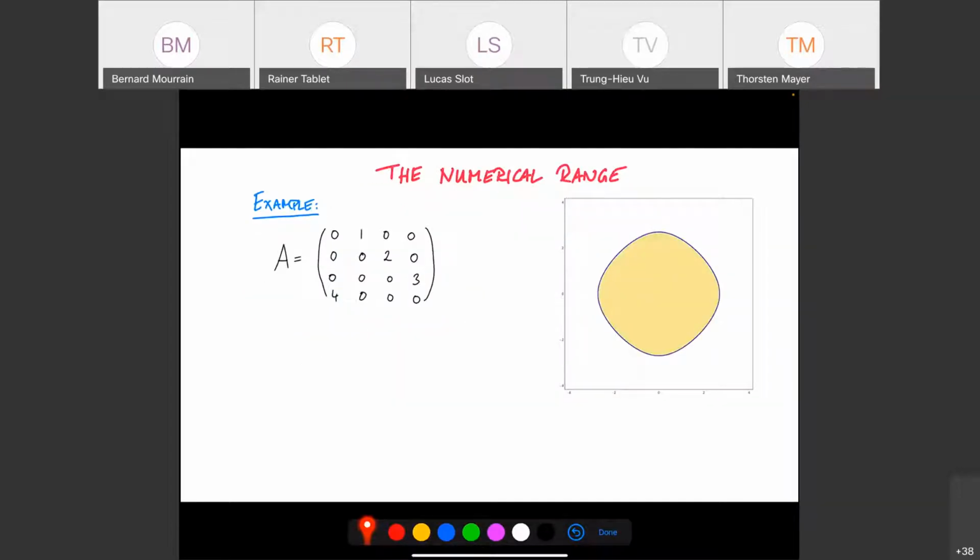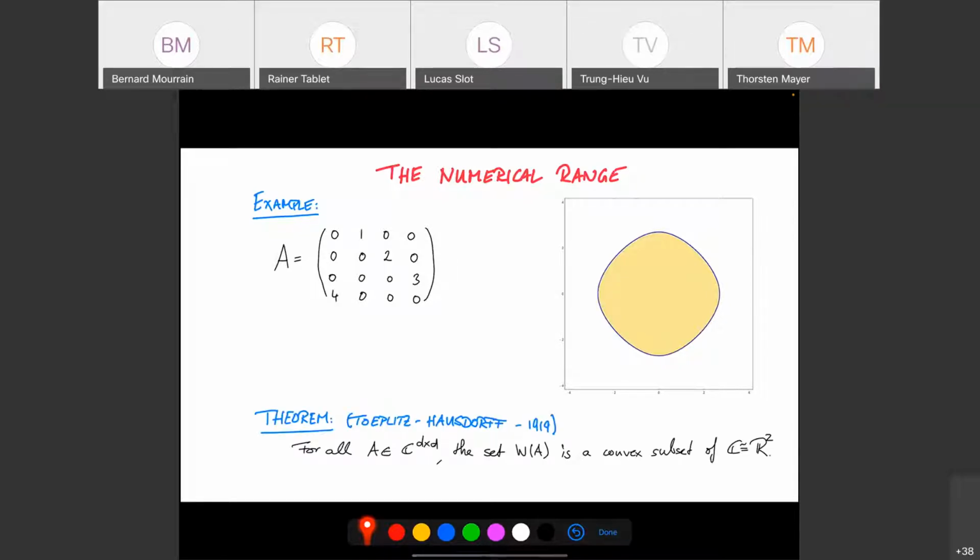So let's see an example. So usually this is not a polytope. So even in this very simple example of this complex matrix that has in fact integer entries, almost all of which are 0, we get a numerical range that looks like this. So we will see this picture again. I've plotted here on the right the numerical range for this matrix. This is this yellow region in the complex plane. And we will see what this blue boundary of this numerical range is and how to compute it for this example.